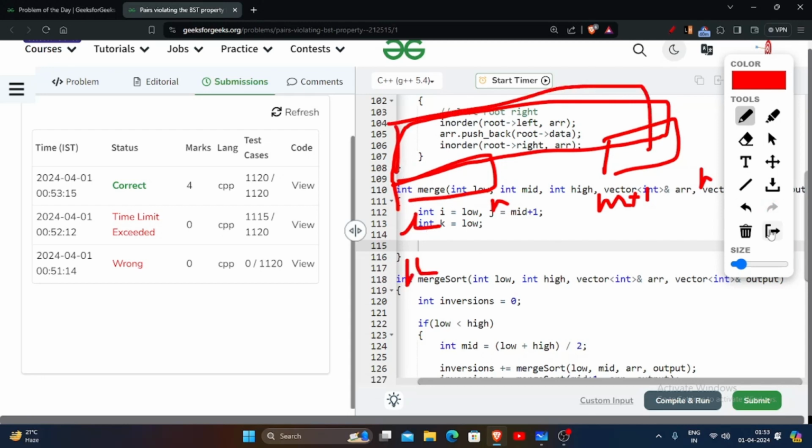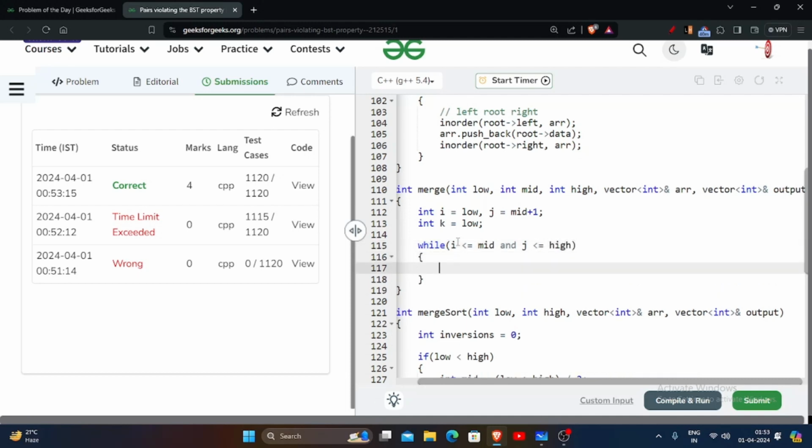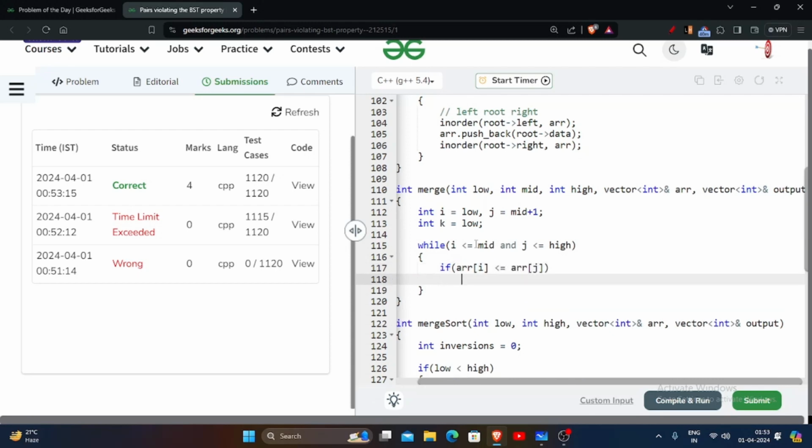ठीक है। तो अब बस सिंपल है, अब अगर आई लेस देन इक्वल्स टू मिड एंड जे इज लेस देन इक्वल्स टू आर हाई, the same condition I was telling there, that if AR of I is less than equals to AR of J, if they are already fine, तब तो कोई दिक्कत नहीं है। तो हमारा